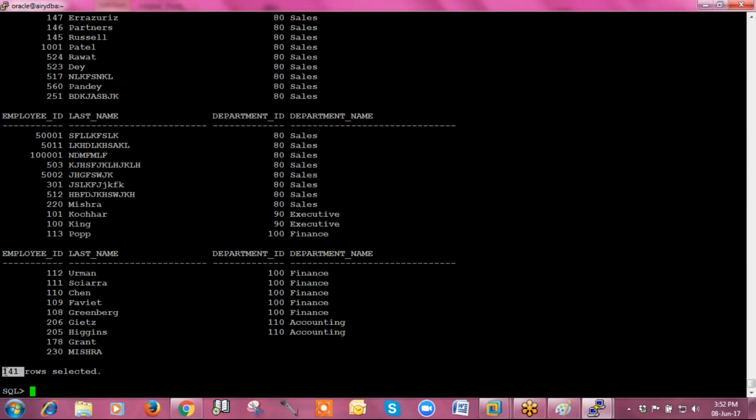You can see you are getting 141 rows. 141 is the number of rows present in your employees table, the left table. You are not getting this from departments. You are getting 139 entries only, right?